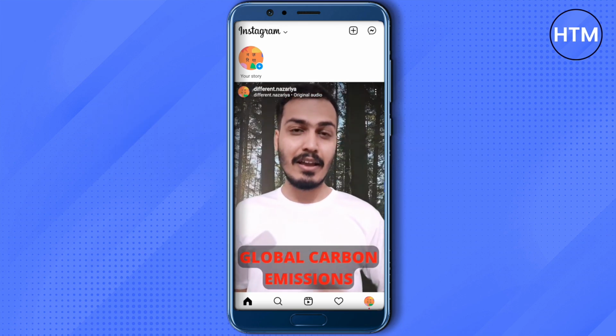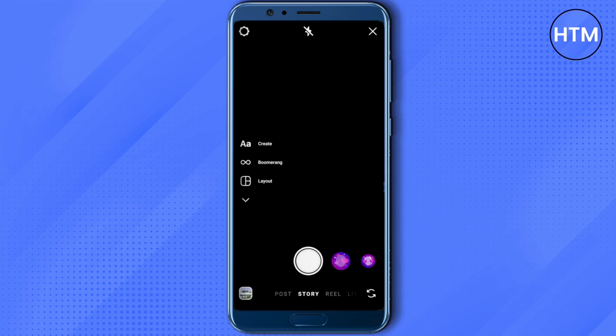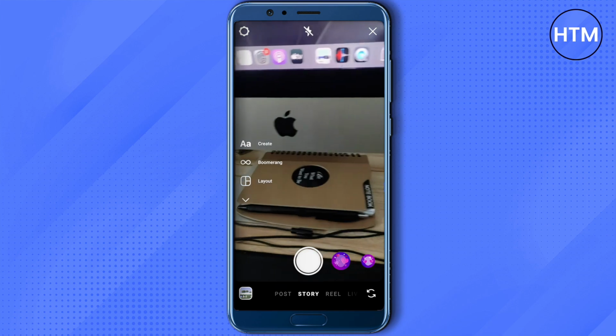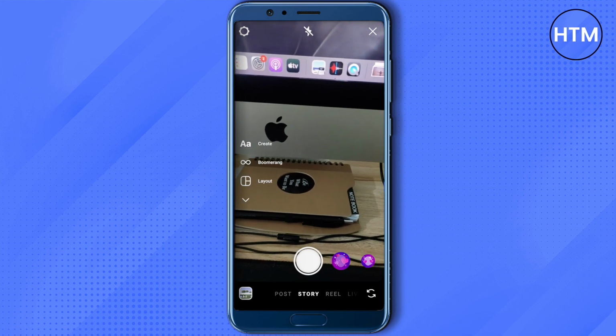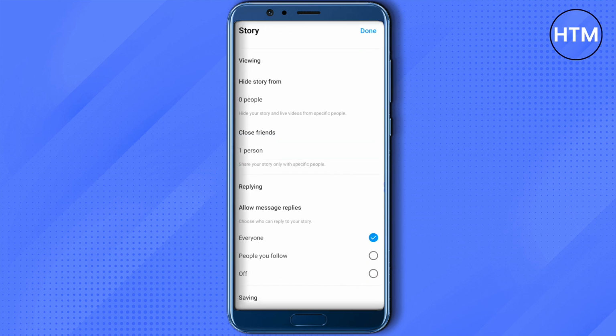So for that, open up Instagram, and after opening up Instagram, just swipe right to add a story. And here after that, click on the settings button on top left corner. Then you will see this option of a story, just tap on it, and in the close friend section, just